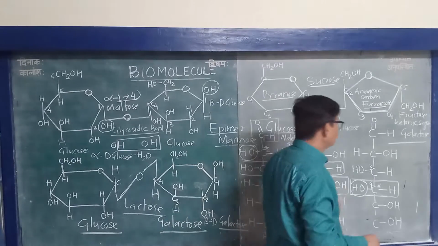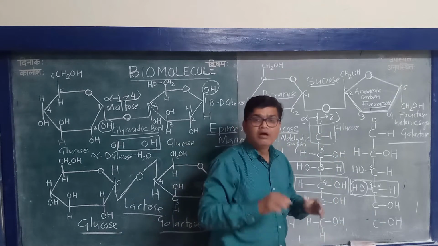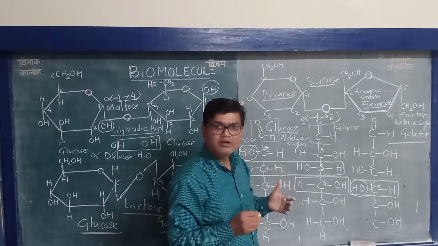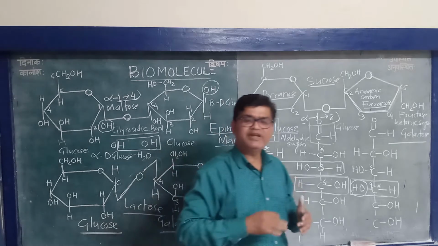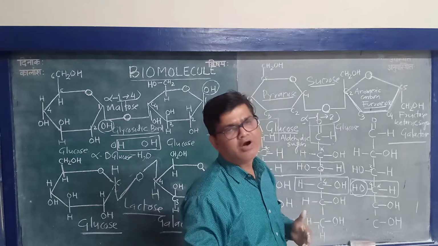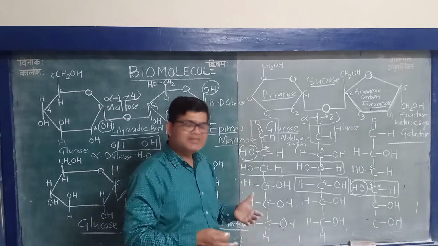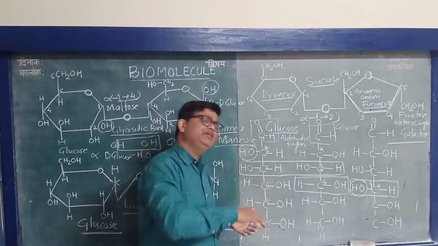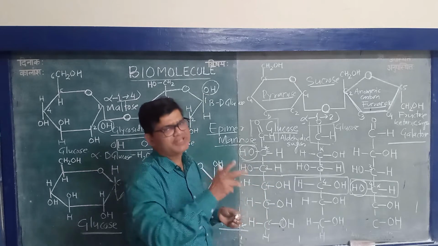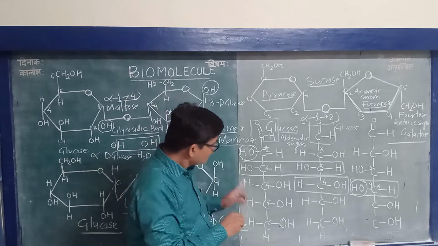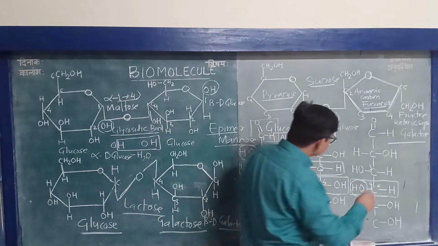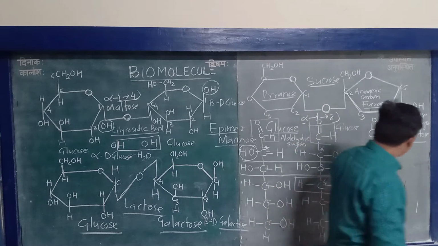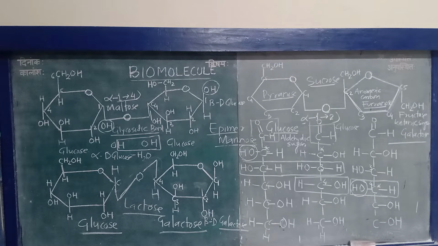Now come to find out what is a chiral carbon. It is very important in organic chemistry or biochemistry, just to find out isomers of any biomolecule, especially monosaccharides. Okay, so if you see this carbon, then we can find